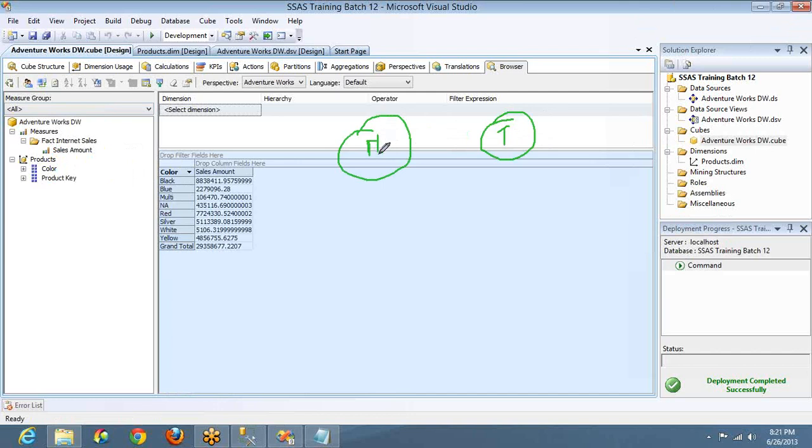So the master table will have columns and the transaction table will have columns, and there will be a relationship between these two, right? So the master table will create a dimension, and the columns in that dimension we call attributes. Attributes means the columns in the dimension. One column in the dimension table is called one attribute.